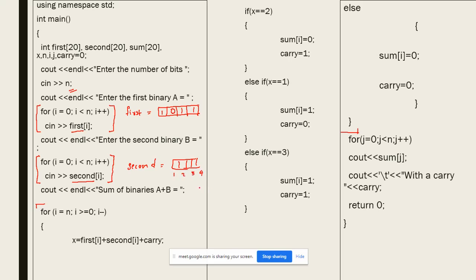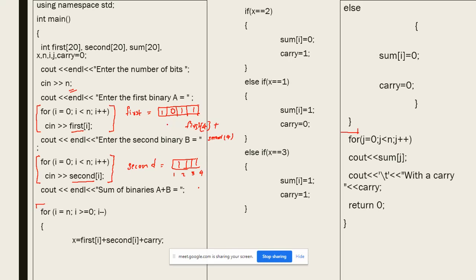Therefore the least significant bit to be added is the last digit, that is first 4 has to be added to the second 4. Then we have to add first 3 to the second 3. This is how we add numbers. So it is not that we have to move from 1 to 4. Here we have to move backwards.